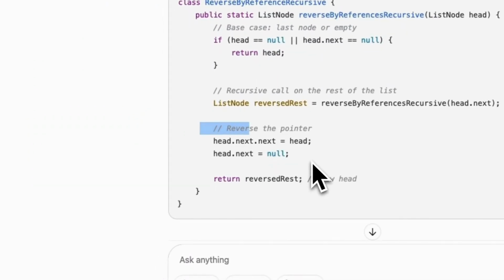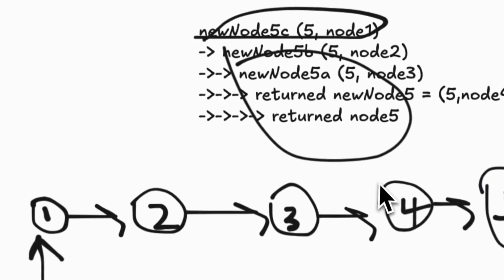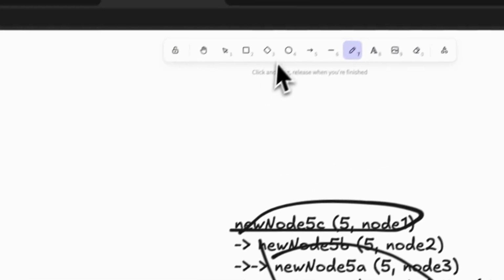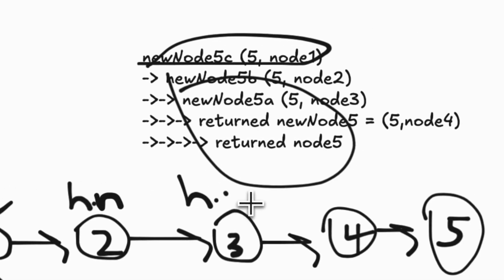So for reversing by reference, this is what we are going to do. Head.next is head, head.next is null. So what is that? Let me show you. So this is head. Head.next is this one. Head.next is this one. So what you're doing here